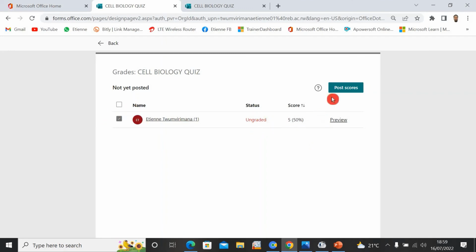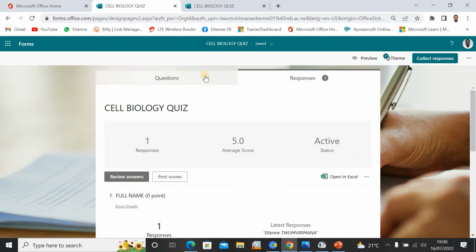We see it is ungraded because I didn't post the score. I can just tick here. If there are so many names, I cannot go one by one. I just click here to select all names and post scores. You can see here it's very nice, and everybody will get the notification that the teacher